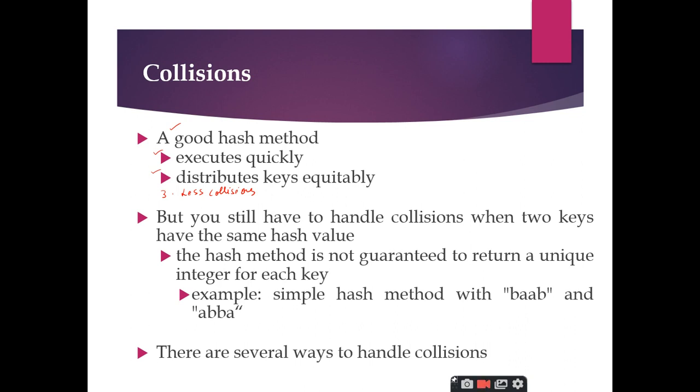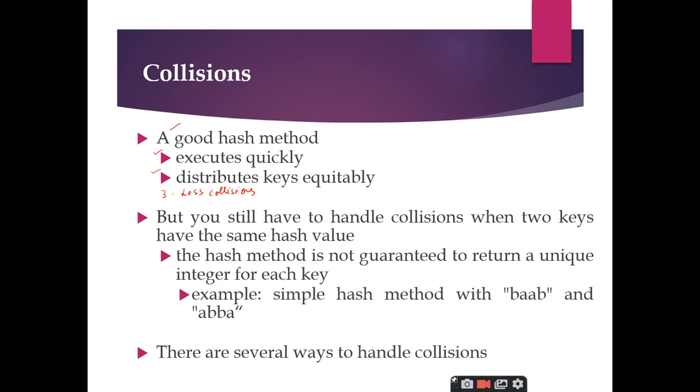I know that collisions will occur, but that is the reason why I should have some mechanisms or some techniques to handle those collisions. So whenever a collision occurs, I should keep that value in some other location. How am I going to deal with all these things? That is called the collision handling mechanisms. When a collision occurs, how we are going to deal with that collision is called collision handling mechanisms. Is it clear?